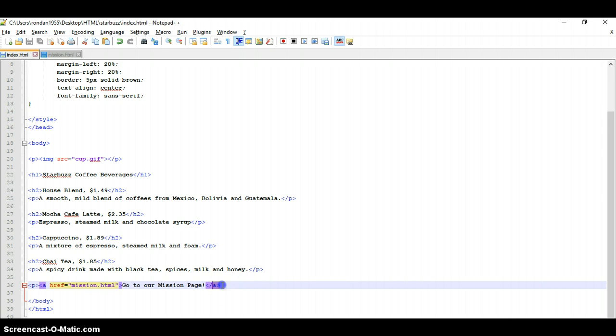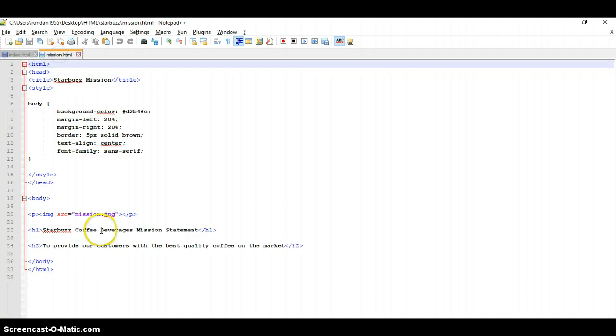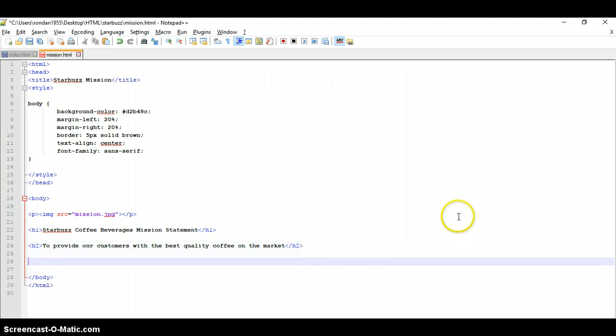Oh, I forgot one line, one tag here. I forgot to close my P tag. Always remember to do that because it won't validate. We're going to cover validation in a later chapter. So what I'm going to do is I'm going to take this entire line that I just typed, save some time, Control C. Now I'm going to go to Mission and go to the bottom of the page here and